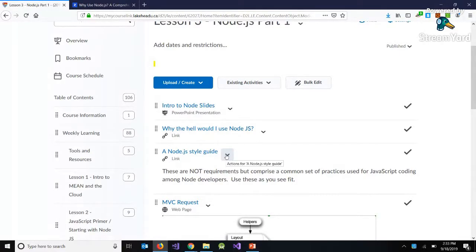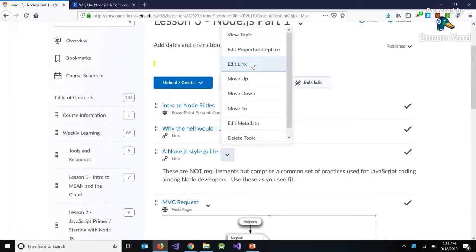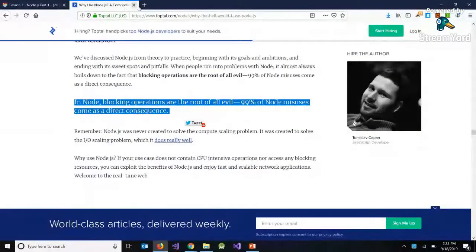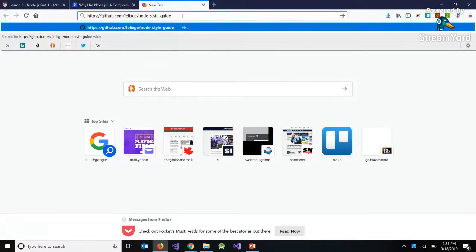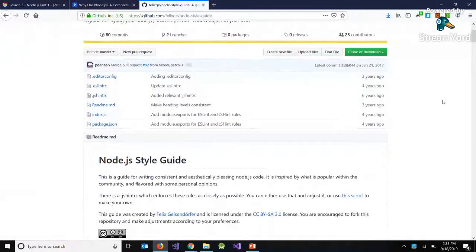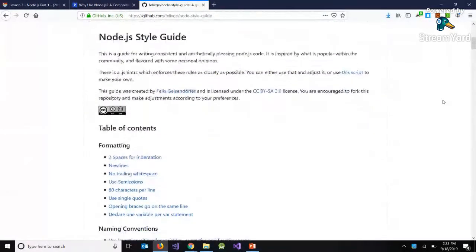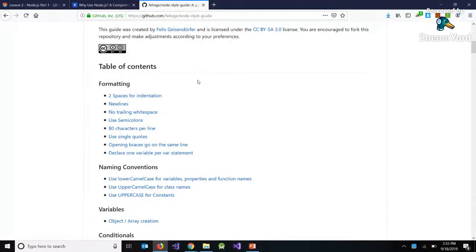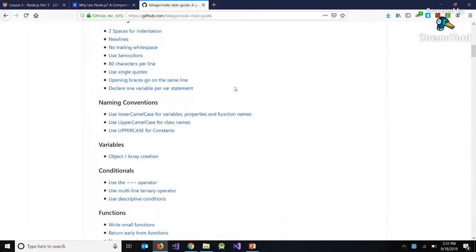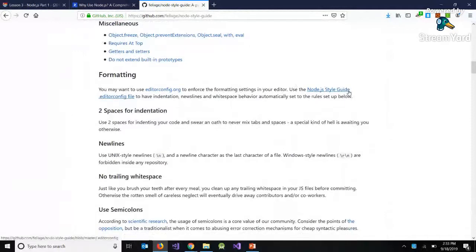I also want to have a look at this resource. Now, there's no official style guide in Node coding, but we'll have a quick look at this. It was developed a few years ago. It's still widely used, and I just want to touch on a few of the standards. So we'll see things like indenting with 2 spaces. Actually, rather than go through the contents,